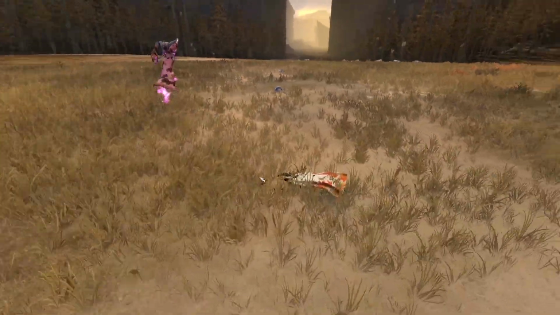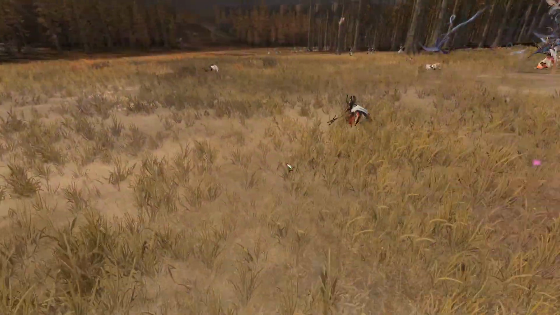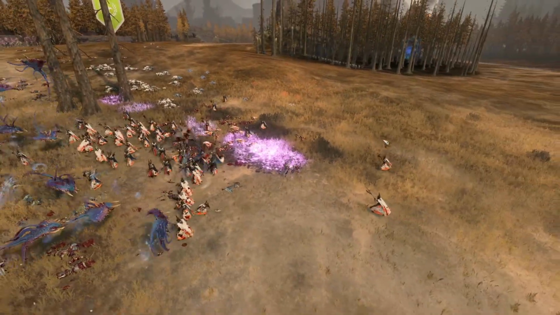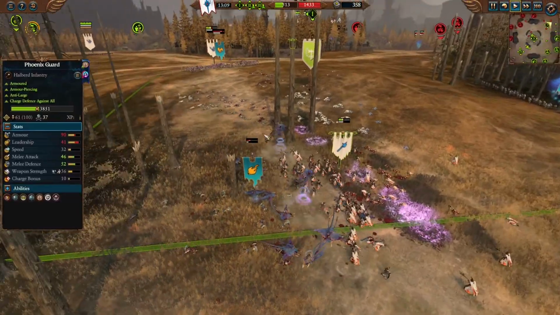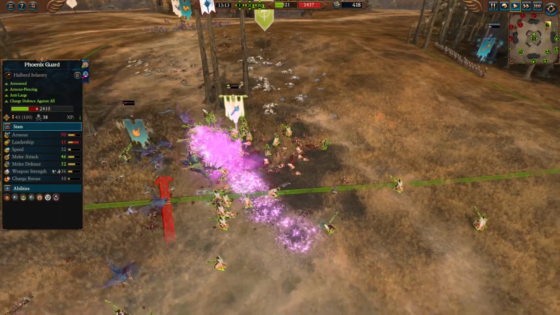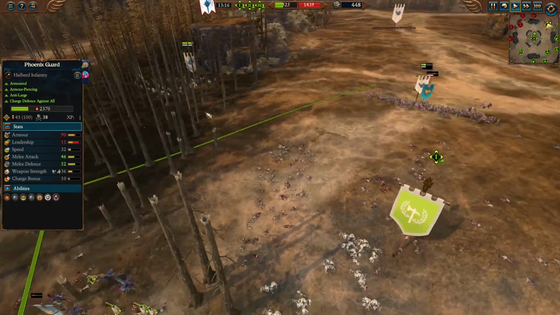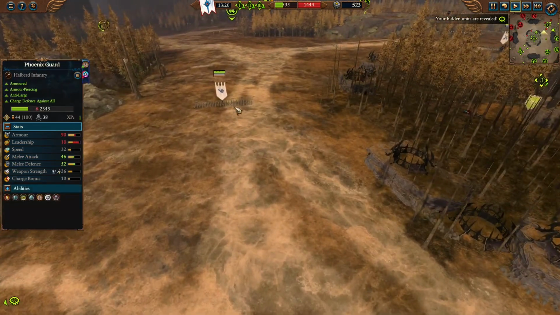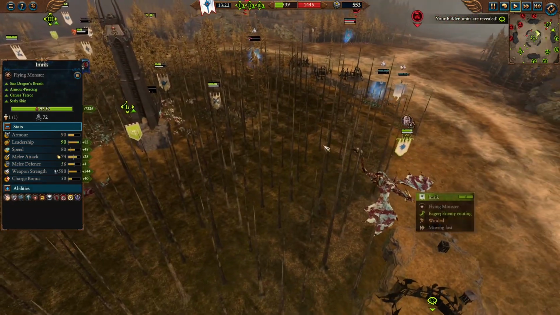So this Phoenix Guard didn't have much of a great time, as he was thrown away by the Screamer and burned by a crisp from the Flamer. So the Phoenix Guard wasn't that great here in this crossfire, but they managed to hold the line, which was exactly what I needed as my reinforcements approach, and Imrik